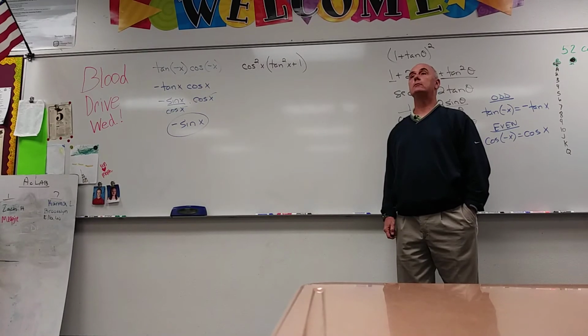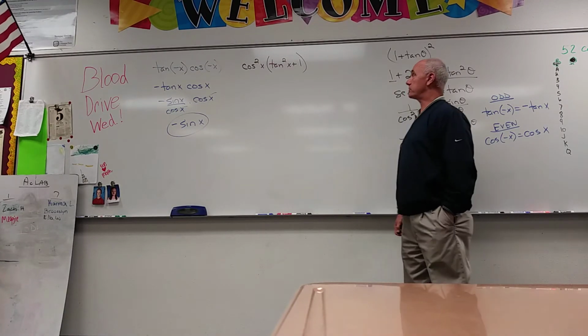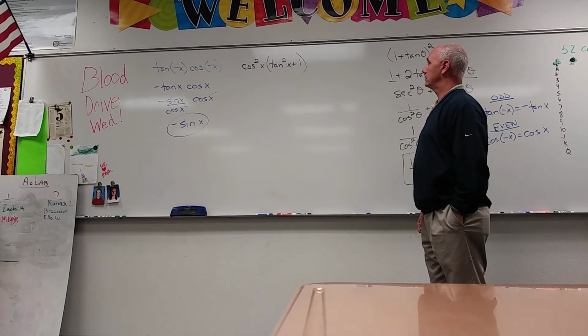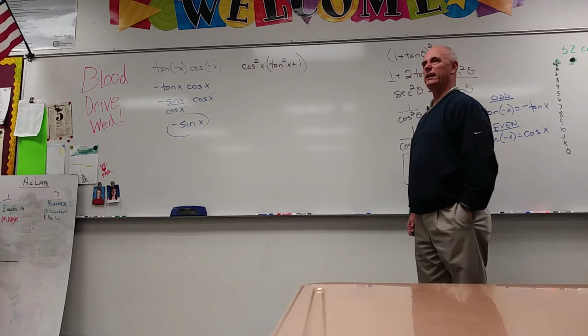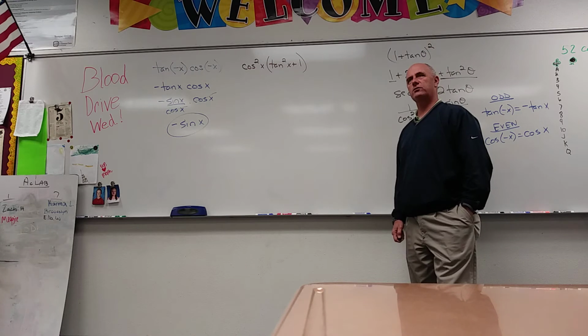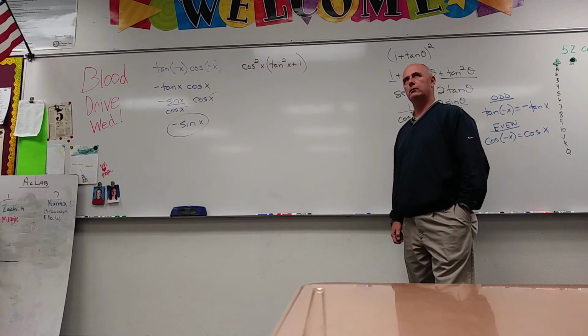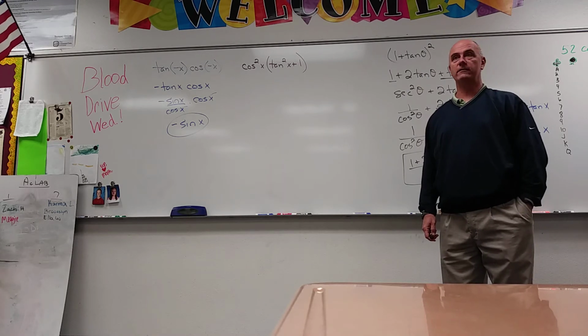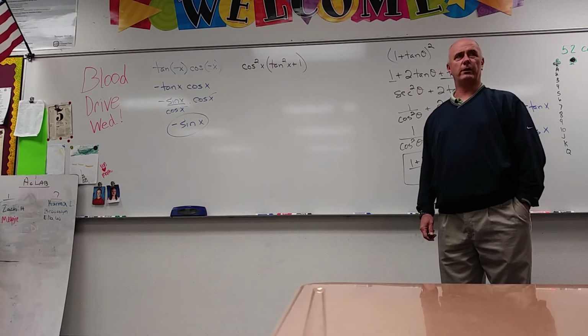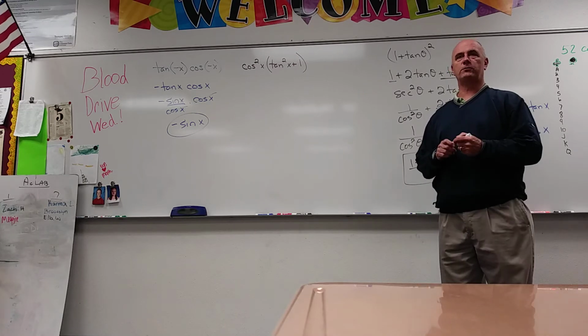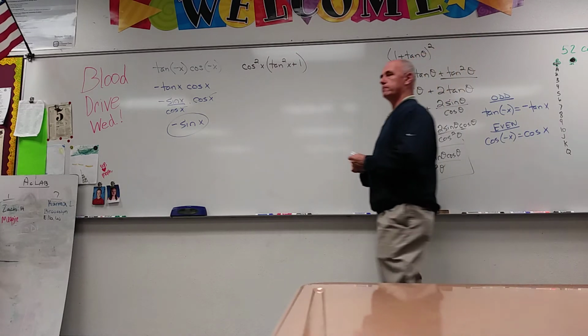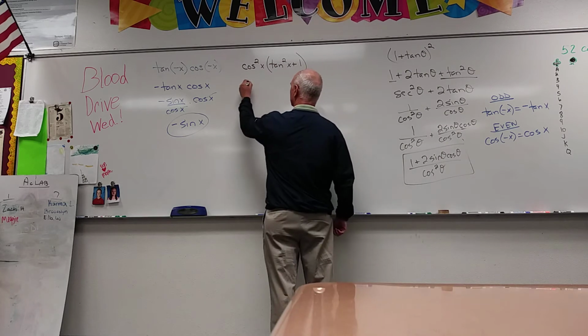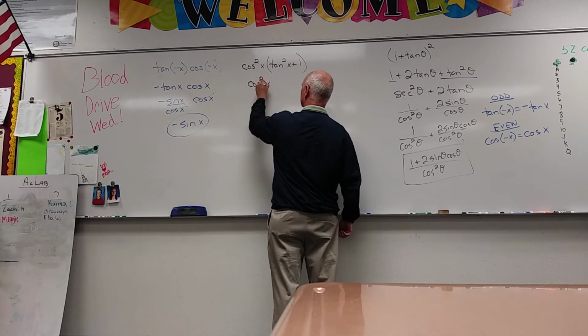Pythagorean identities. The identities. Tangent squared of x plus 1. Oh, that's an identity itself, isn't it? That might be the easiest way to go. If we know what tangent squared of x plus 1 is, what is it? Secant squared. So we can just say,